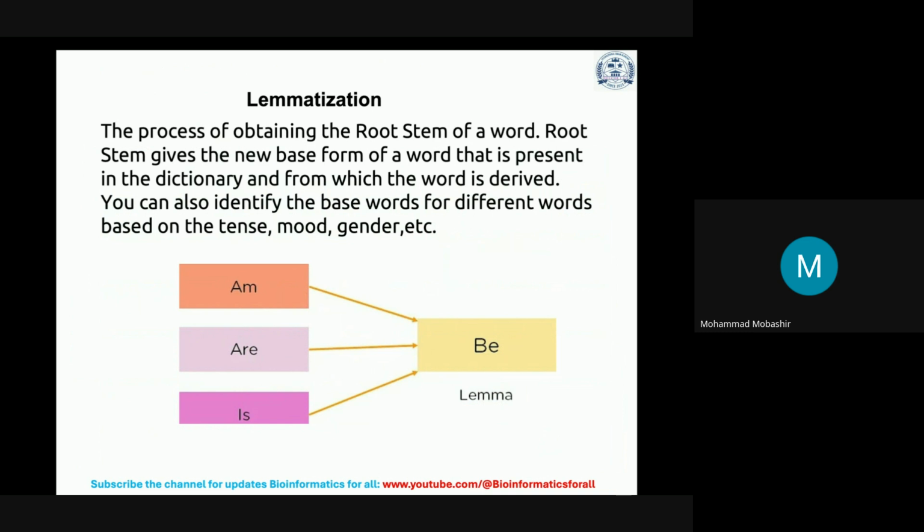Here, it is the process of obtaining the root stem of a word. The root stem gives the new base form of a word that is present in the dictionary and from which the word is derived. You can also identify the base words for different words based on tense, mood, gender, etc. So here, MR is derived